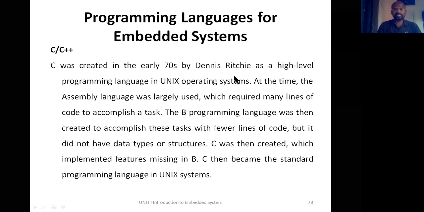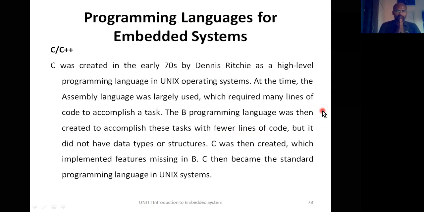Programming languages and tools used in embedded systems. As a first part, we have taken up this topic, programming languages used in embedded systems. Now you may answer, what are the languages that we have used while developing embedded systems in our third year or second year? We have built some small projects, right? What are the languages we have used